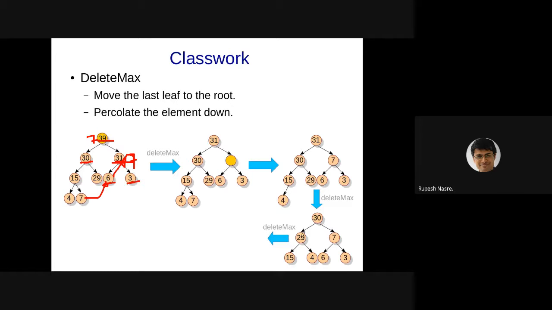So you move 29 up, so that is okay. Remember that you have to first worry about this last element, so that last element is going to be moved up. I think there won't be any issue as such. I think this will work like normal. So 30 you remove, so that 3 comes down, 29 goes up. So that 3 again is compared with 15 and 4, and 15 moves up and 3 comes down. I think this is okay. Here you should see some small issue, I suppose.